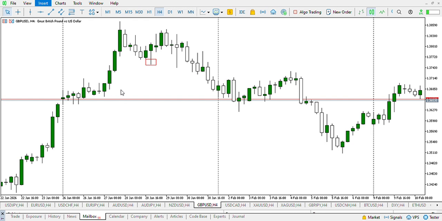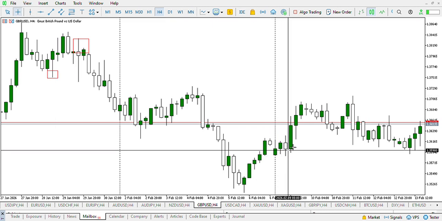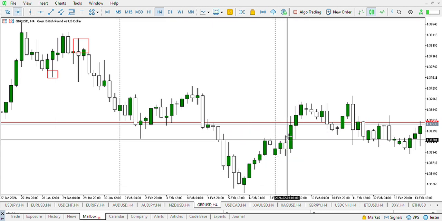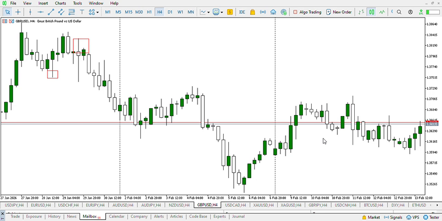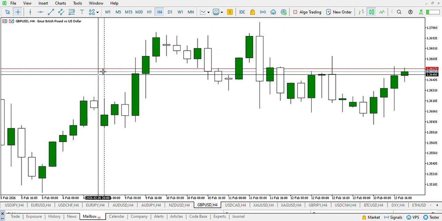However, following from the larger time frame, we should know that we are going to be looking out for an uptrend, as price is in an uptrend in the bigger picture. So now what happened this particular week? This particular week when price opened, let's just look out for all the price actions that played out this particular week. Let us zoom in more. So now this particular week when price opened, we can see